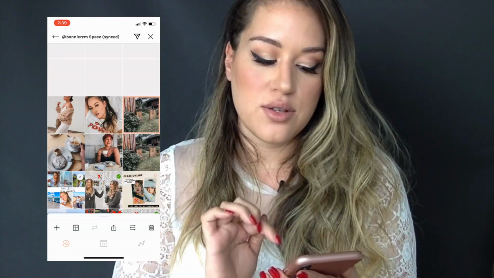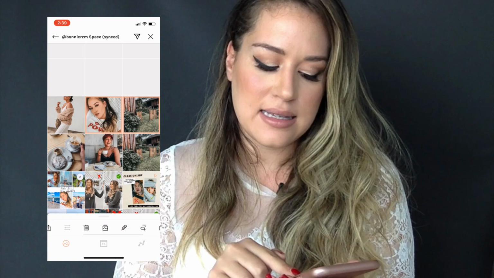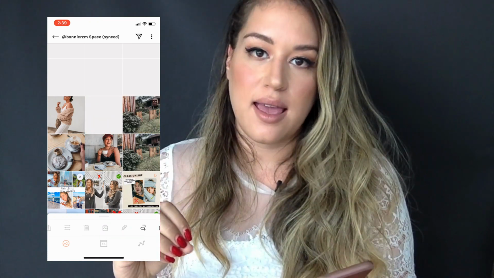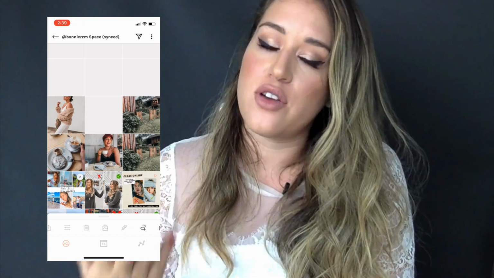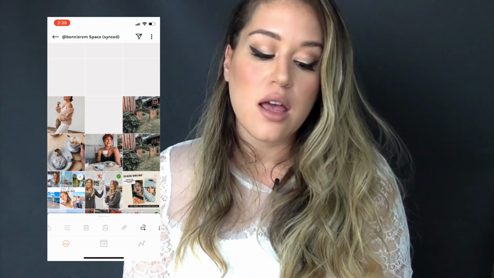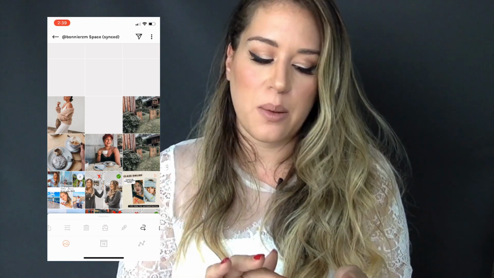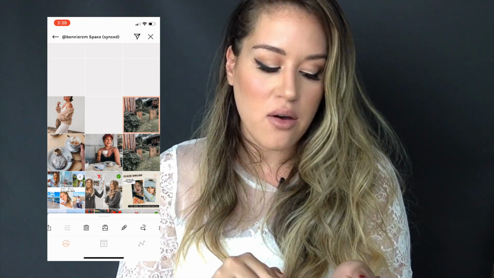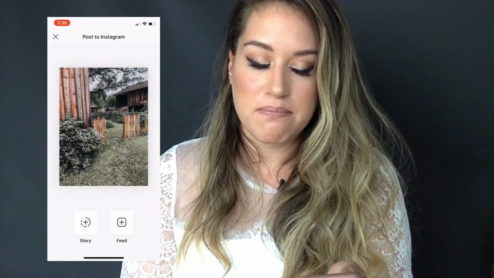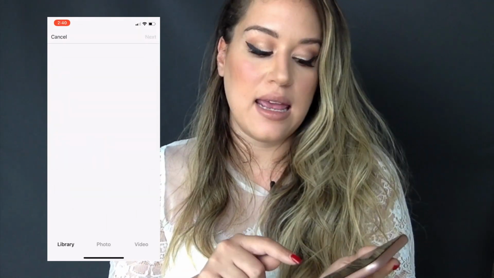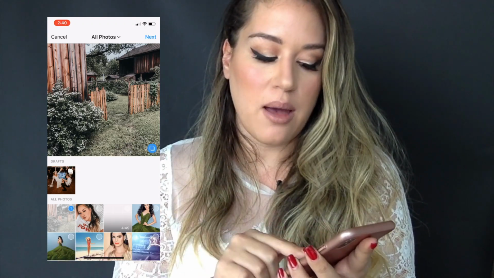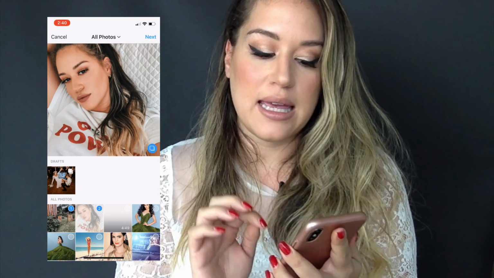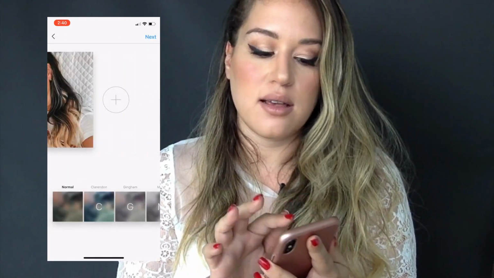So I could click on 2 photos, and then hit this icon. They're gonna mix together. What it does is that you're gonna have a couple photos in the same grid, which is really helpful if you're doing carousels on Instagram. So in this case, when I finally want to post that photo, I can just click the photo, go to the export, post on Instagram on my feed, and then I will see that it exports 2 photos. So I can click here on Instagram, click my 2 photos and hit next. And then I'm starting to make a carousel. So it is really helpful to keep things organized.